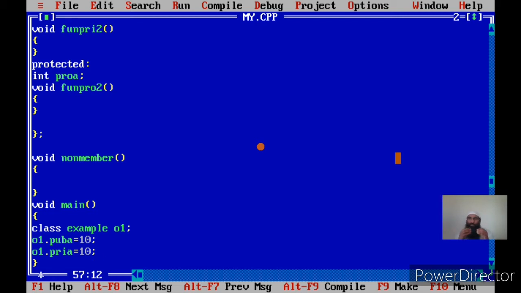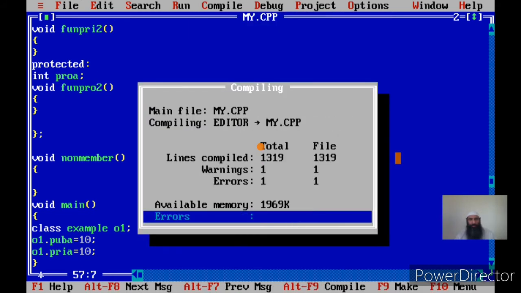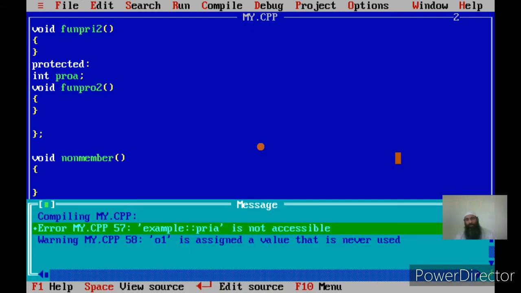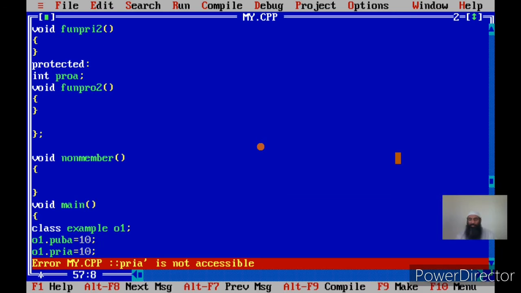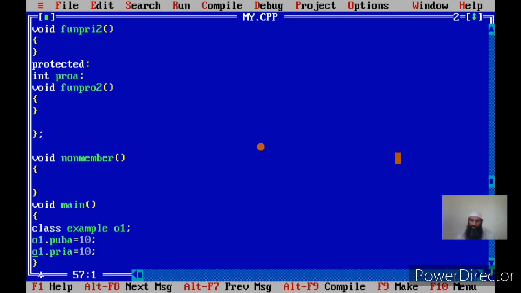Once the name has been given, we are trying to access at the function level. Main is accessing; in its body I am trying to assign a value to the data member. If I compile it, you see there will be an error. Why? Because a private member is not accessible. So main is a non-member function.